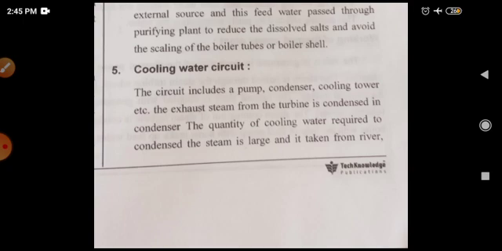What is the advantage of these two circuits? Because we are expanding the steam on the turbine, and again cooling it with the help of the cooling tower or cooling water circuit, and reutilizing it. It is a closed system. There is no chance of contamination of that water. That's why maintaining the tubing from time to time is not necessary. Therefore these two circuits are used.